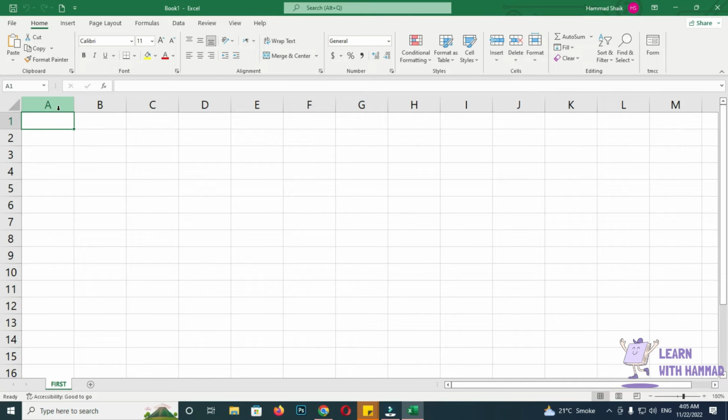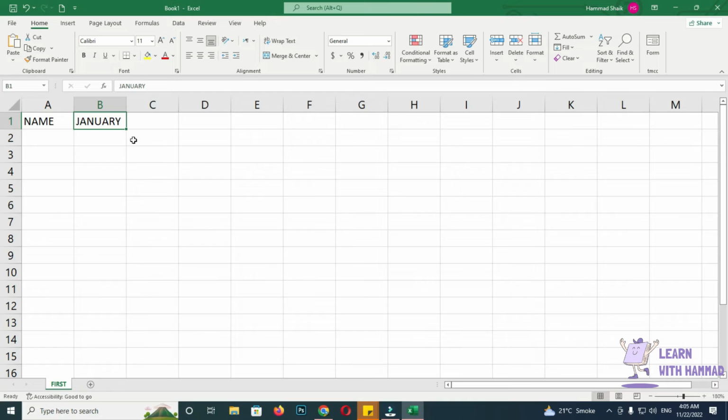If I want to write name on the cell, I click on the cell and then I write name. In the same way, if I want to type January on the cell, I will type JAN, and if you want to write the whole January, you can write January. Okay, now if I want to write February, March, April, May, June, July, I don't need to write it again and again. I just need to write January, and on the same cell you can see there is a